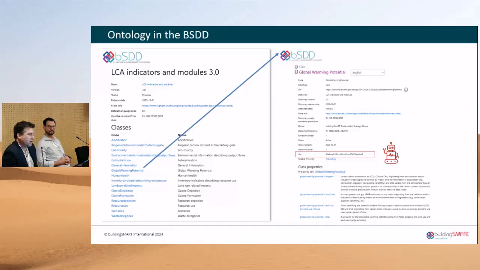So this is a first example of how such properties, which are quite complex because they have many environmental indicators and sub-indicators, and different life cycle stages, can be handled. It's very easy to make mistakes with this data. And therefore, it was important to give orientation in case you want to digitize your EPDs, environmental product declarations, so that at least you have a possibility to structure it based on a common language.